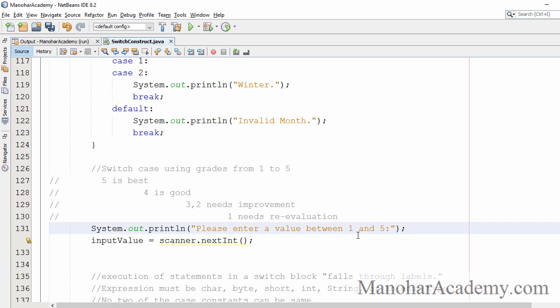We are reading a value between 1 and 5. Then if it is 5, we will say, I mean, these are grades on the scale of 1 to 5. 5 is best, 4 is good, 3 and 2 need improvement, 1 needs reevaluation. Meaning we don't get students with grade 1. So whoever evaluated it, they did not evaluate properly, so they need to reevaluate.